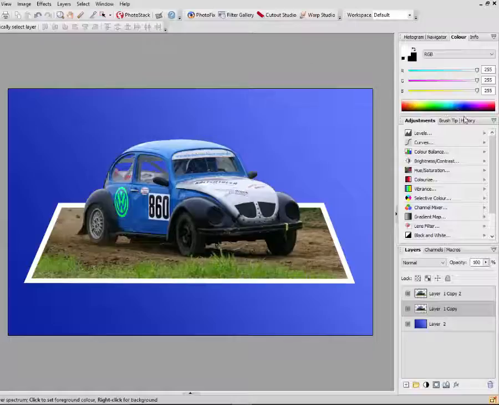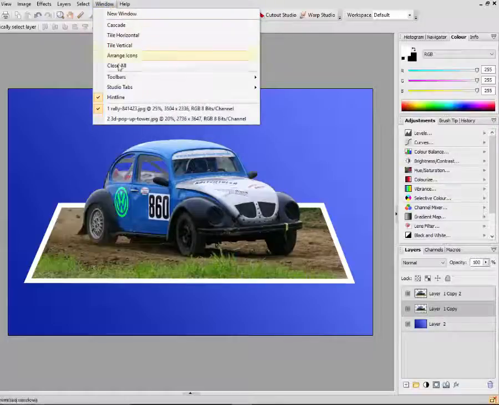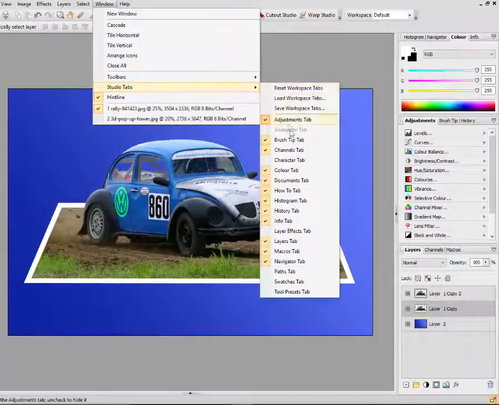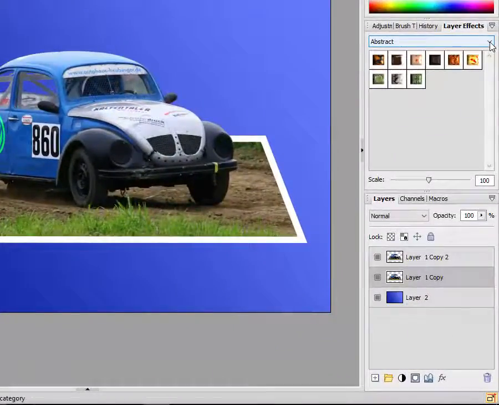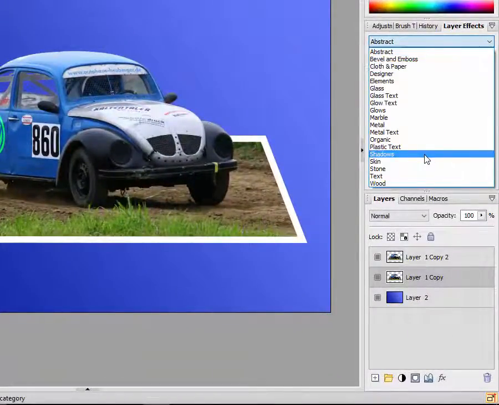Now over here in the tabs area, you may already have it selected on your PhotoPlus, but I don't. If you come up to Windows and Studio tabs, and then come down to Layer Effects tab, it will add the Layer Effects tab to the 3 that I already had. I've now got 4. So if I come over to this drop down menu and select Shadows,